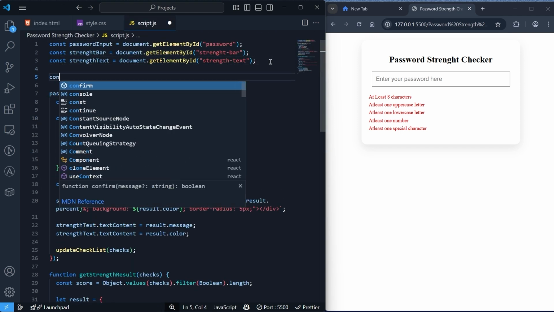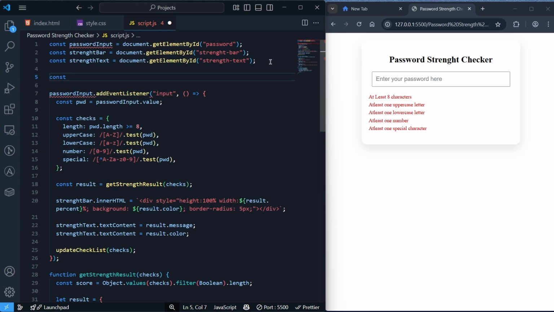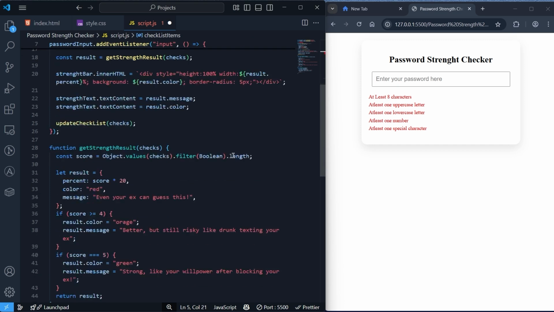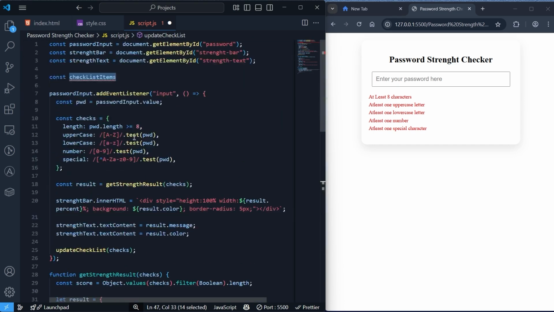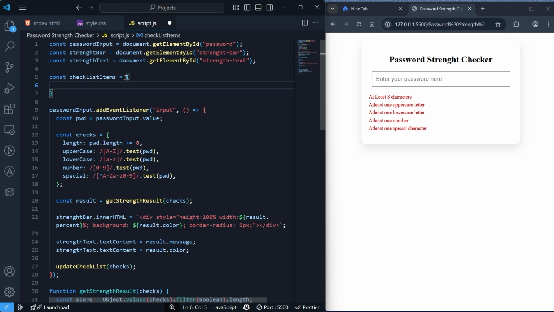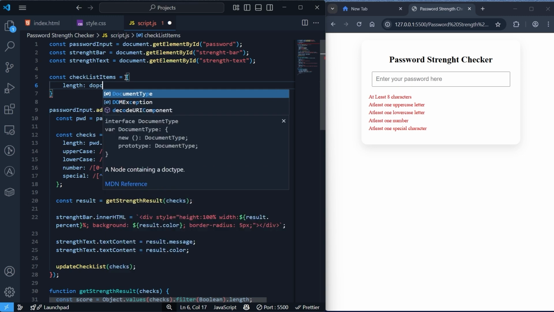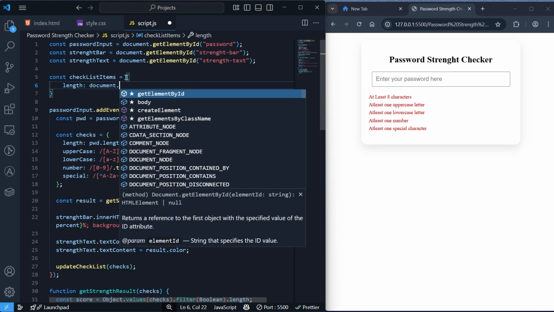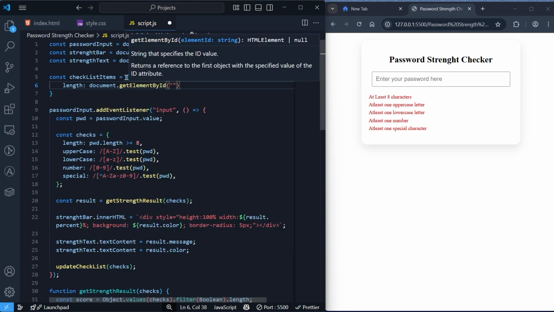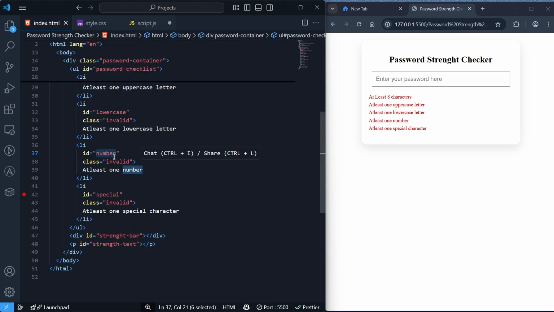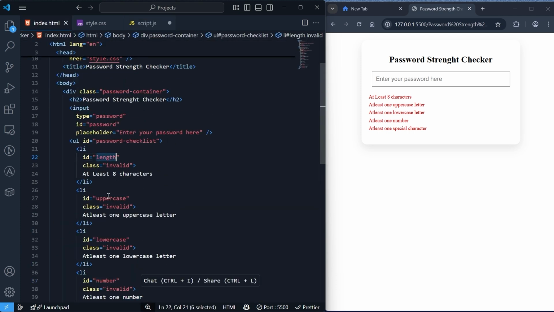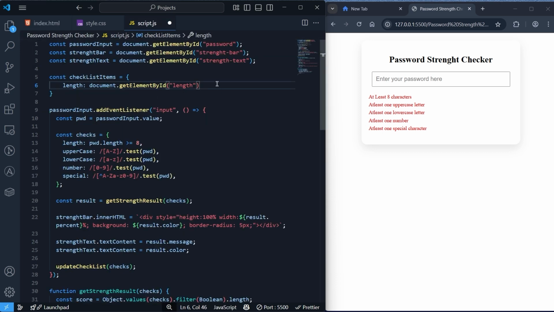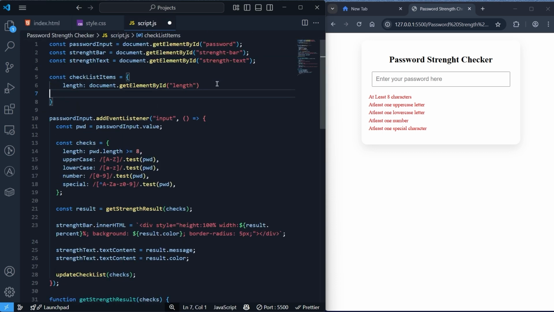So before this event listener, we will do const checklist items, because we have used the checklist items over here, so we'll use it over here. And what we will do, length, document dot get element by id is length. Whatever we have put over here, all these, length, uppercase, lowercase, we need all these. Length done, then we need uppercase,